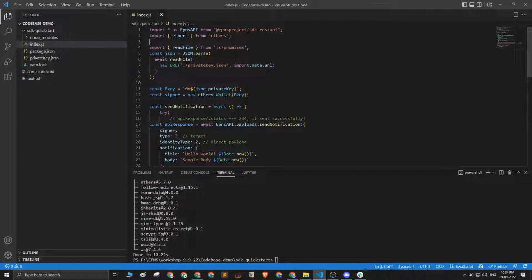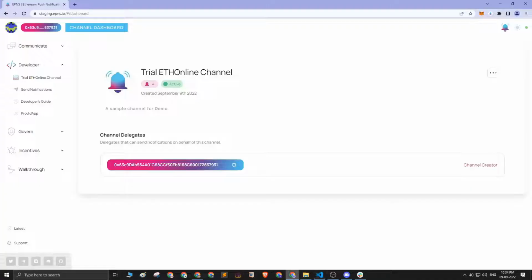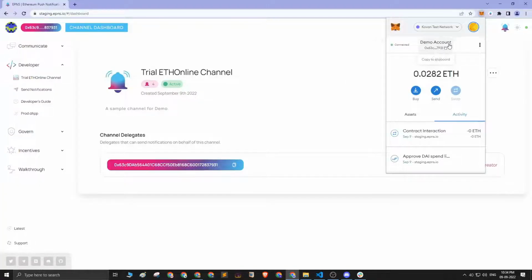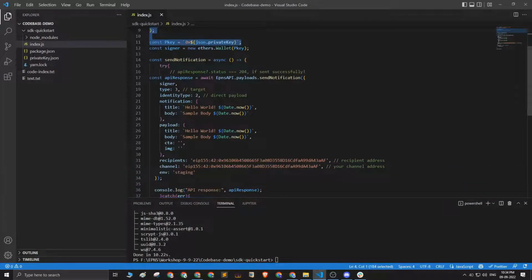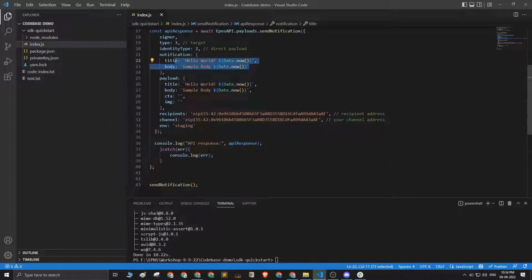So I'll just go through the code once. We are importing the relevant libraries here, and in this part we are just reading the private key associated with this MetaMask account. Let's copy the public key, by the way, which we will be using later. This hello world is the sample message, the body and the title of the notification that we send, and here we need to enter the public key